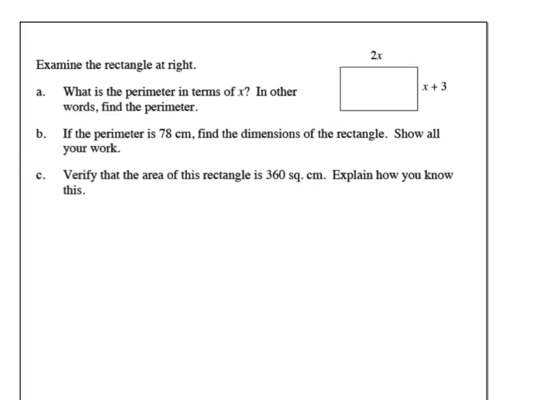Let's look at another one here. It says, what is the perimeter in terms of x? In other words, find the perimeter. So I'm going to go through, I know the bottom would also have to be 2x, and the left side will also have to be x plus 3. Now the perimeter in terms of x, I'm just going to write this as an expression. I would combine all of my x's and combine all of my constant terms,